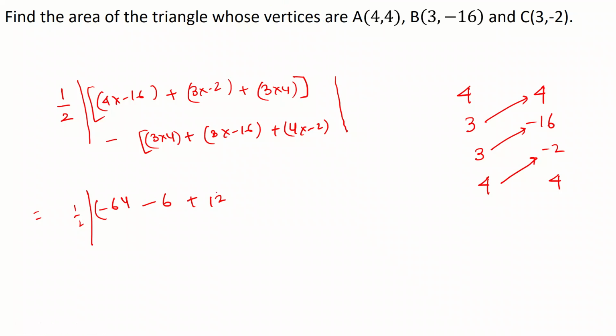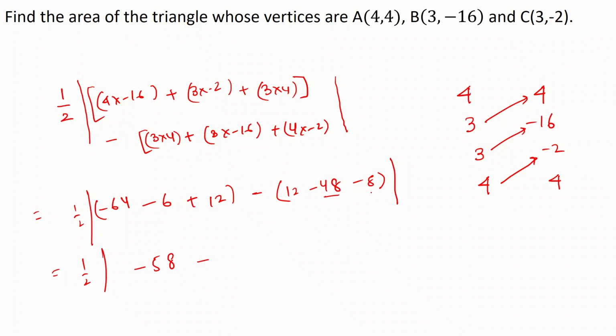So this inside a single bracket, alright, and then minus 4 times 3 is 12, plus 16 3s are 48, so minus 48. So plus into minus gives us minus 48. 4 times minus 2 gives us minus 8, and inside a mod, everything inside a mod. Half, so minus 64 and minus 6 gives us minus 70, plus 12 is minus 58. So this gives me minus 58, minus